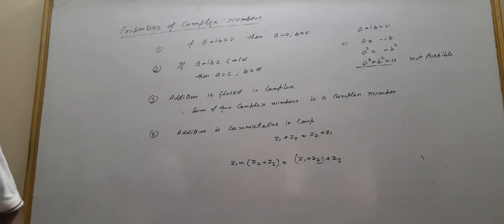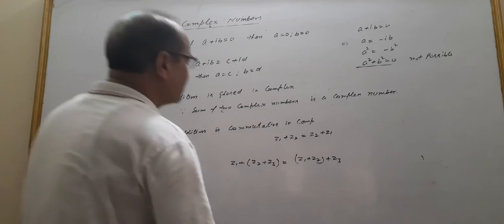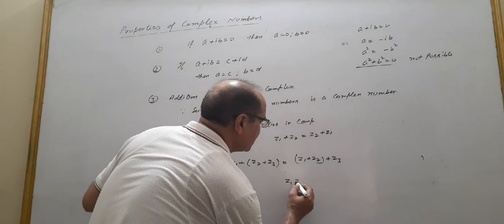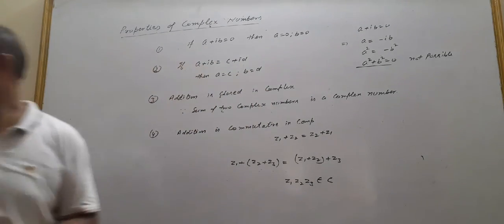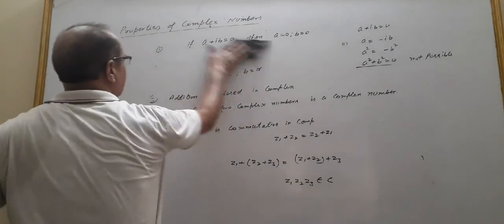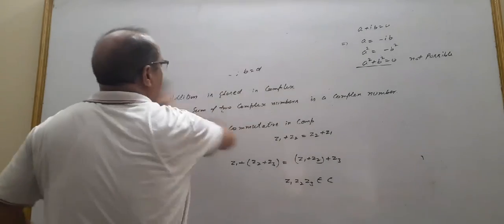Therefore, these are some properties of complex numbers, and you must remember them. Here z1, z2 and z3 belong to the complex numbers. So you remember these properties. They are very, very important. Now, after these properties,